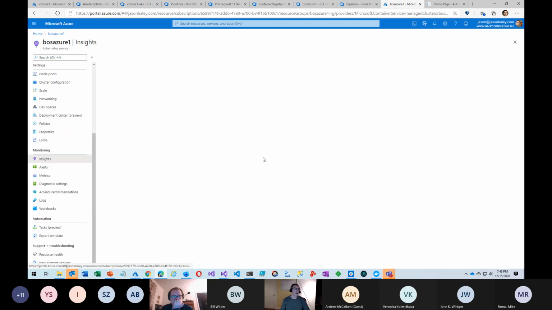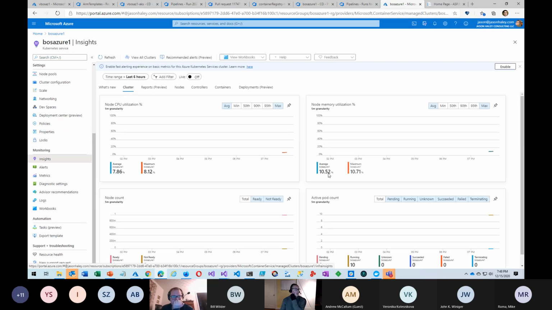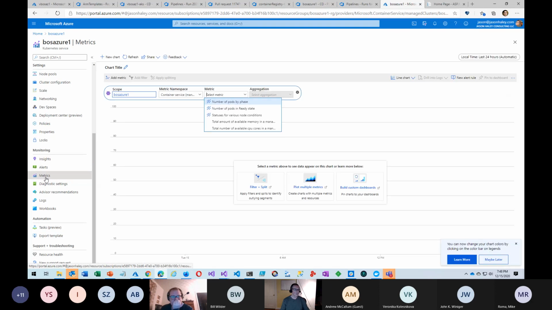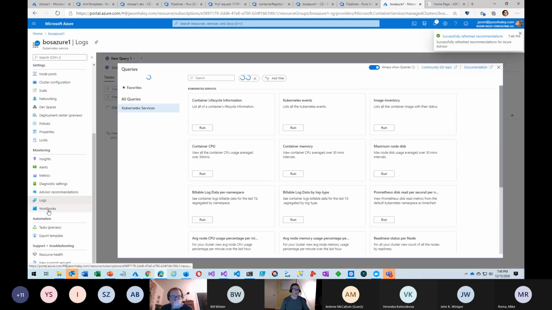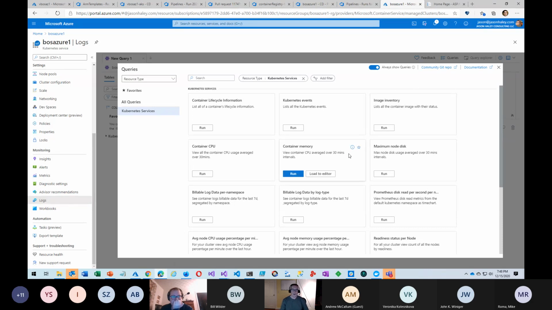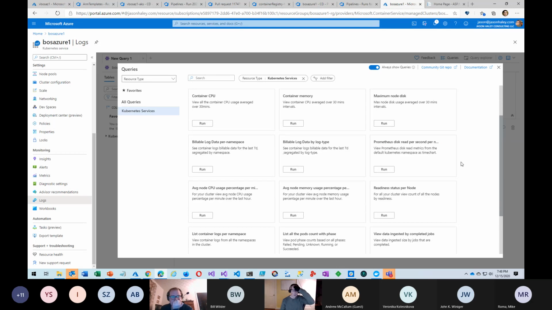Once you put your app out into production, or get a sizable number of pods running, and you have the default setup for your containers, what you'll want to do is go to the metrics. It's not metrics. It's not settings. It's not advisor either. Here, logs. I thought it used to be called metrics. Anyways, you'll want to go to logs, and then in this set, it will show you